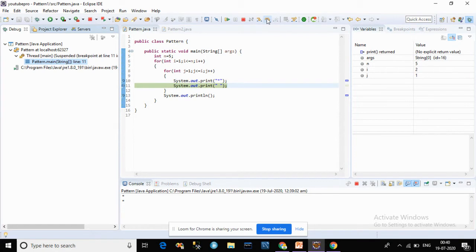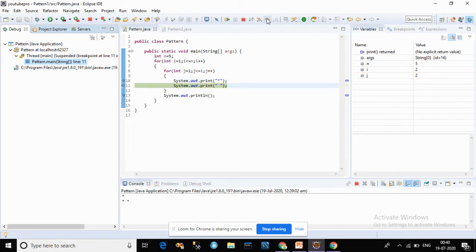So first time it prints star. This line is for the space generated between 2 stars. So it generated space. Again it checks the condition, because at that time j equal to 1 and i equal to 2. So now j value is equal to 2. So it goes from 2 to 2 because we have less than or equal to i. So it enters into the for loop.